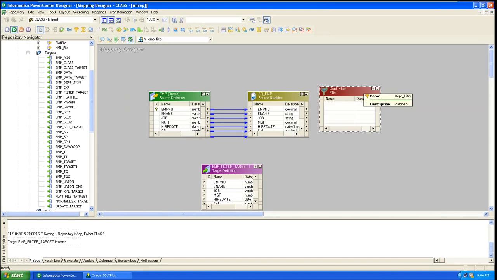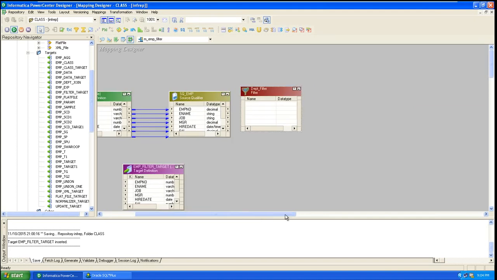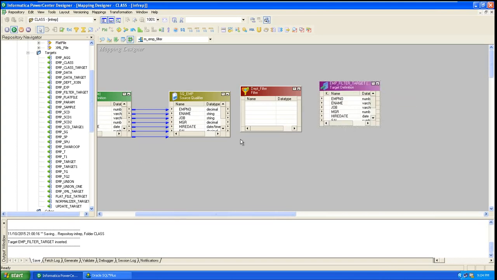After that, take the target table below the filter. Okay, very good. Now connect all the source qualifier columns to the filter. Right click and select all. It will select all the columns.